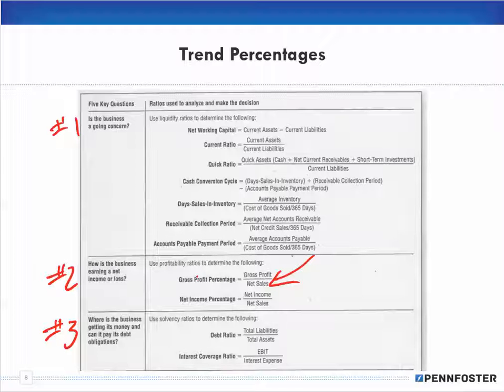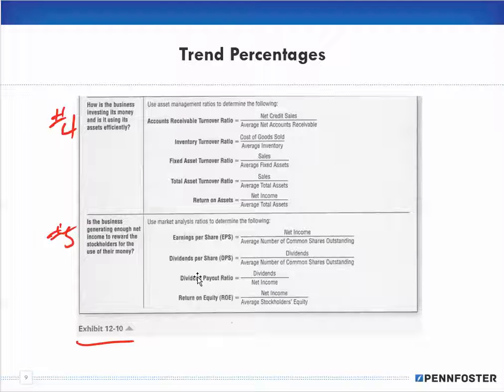Same thing happened in the Math for Business and Finance. They presented it over the course of the chapter, but at the end of the chapter, they gave a listing of all of the different ratios, assuming that you've read and studied the chapter so that you know what they mean. So use this exhibit as a template, as a cheat sheet, one place to go as far as your ratios are concerned.